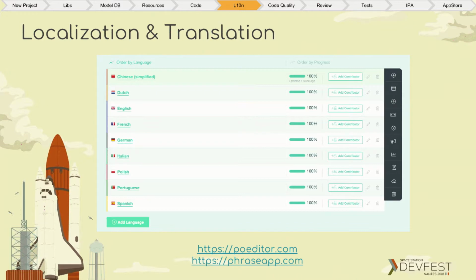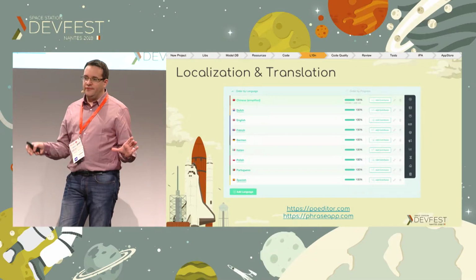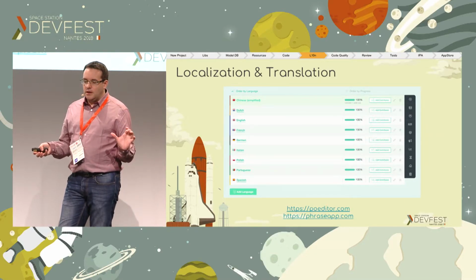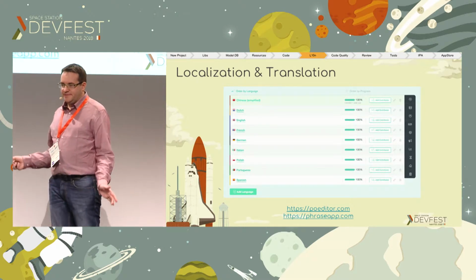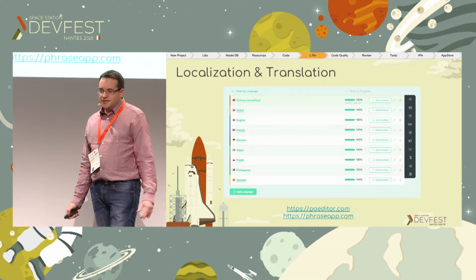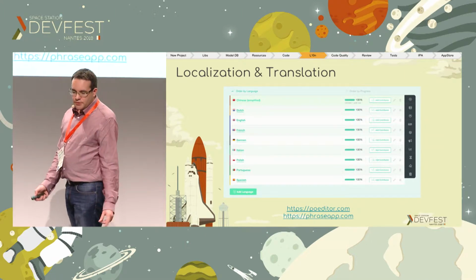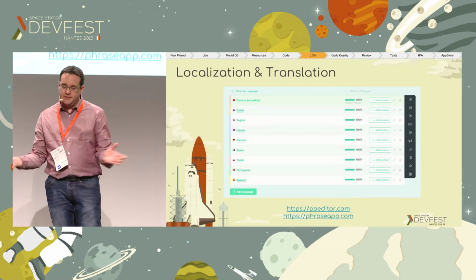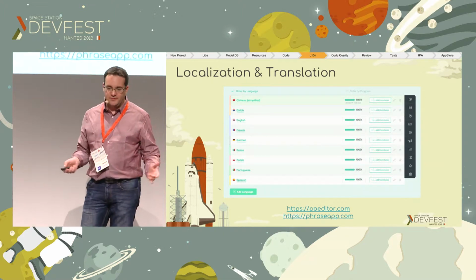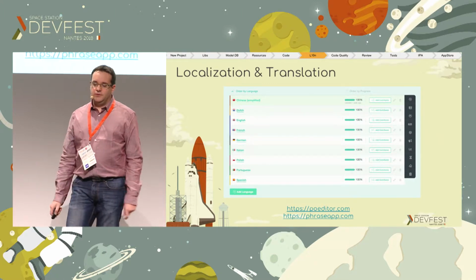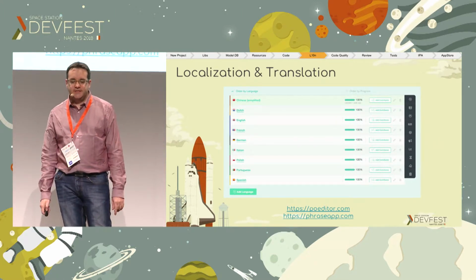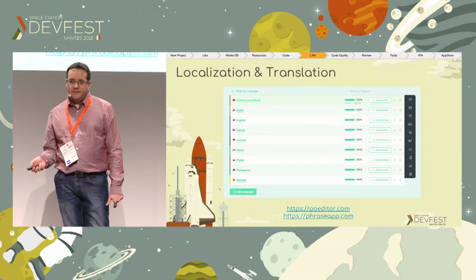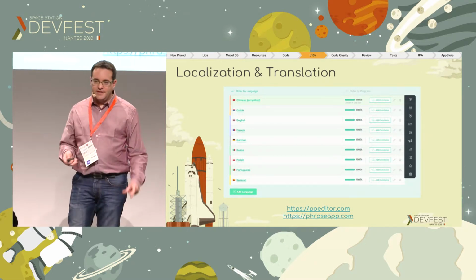So there are multiple services that exist for that. As I said at the beginning of the presentation, my goal is just to give you an overview of what's available, but I'm sure that I forgot a lot of services. But I think the two that are most known are PO Editor and PhraseApp. So I'll let you compare the pricing plans and whatever to choose the one that fits your needs. But basically, they work the same as they provide